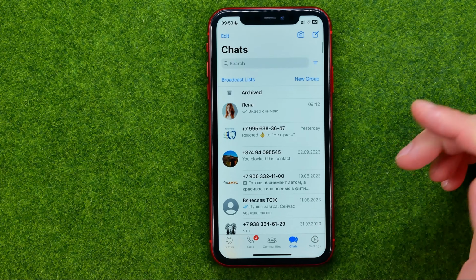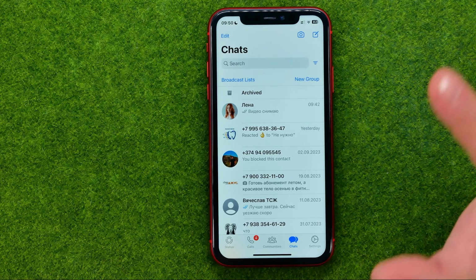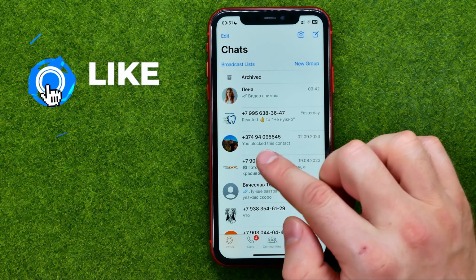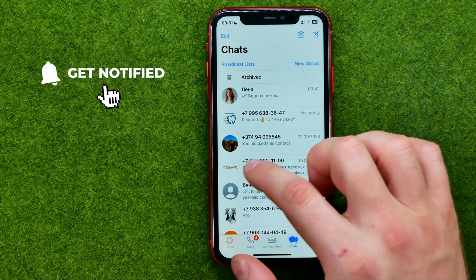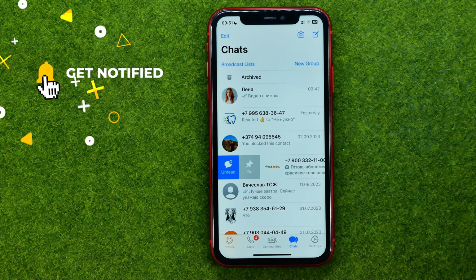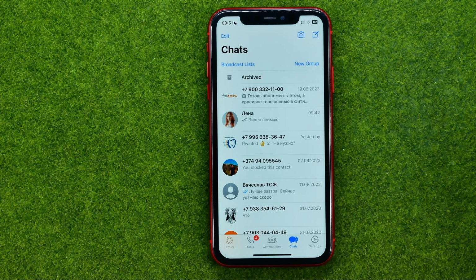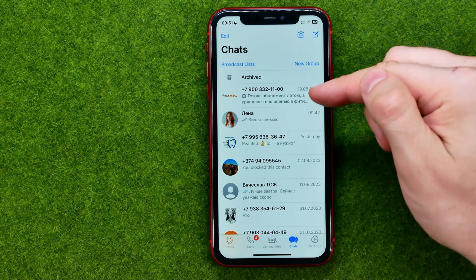So let's get started, and first off, open up the WhatsApp application. Then go to chats to show up your conversations list, and then if we would like to pin some conversation, we just need to swipe to the right on that conversation. That will show us the options, and if we tap add pin, that will pin that conversation to the top